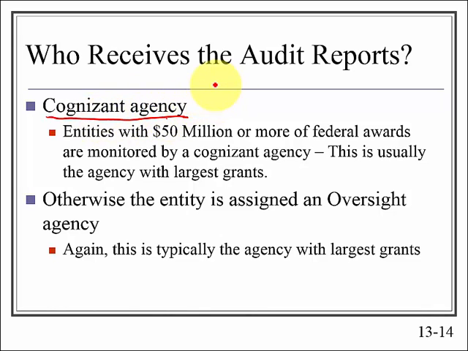In the case of the University of Hawaii system, they have received lots of federal grants, over $500 million. And one of the main federal agencies they receive this money from is the Department of Health and Human Services, HHS. They receive more than $50 million worth of grants from this one agency. So this is the cognizant agency that handles or coordinates the single audit for the UH system.